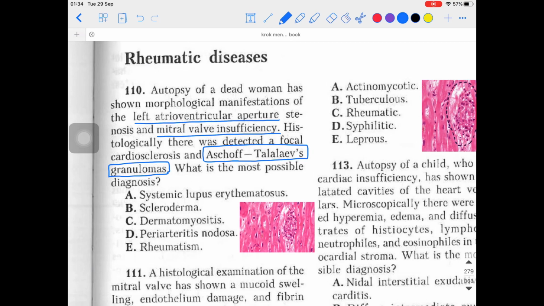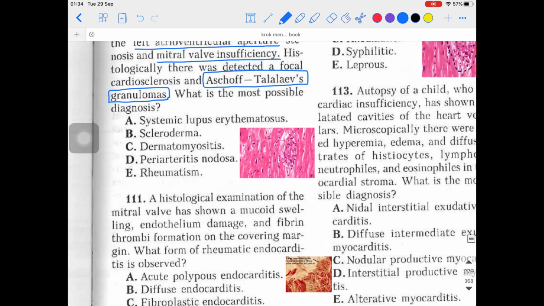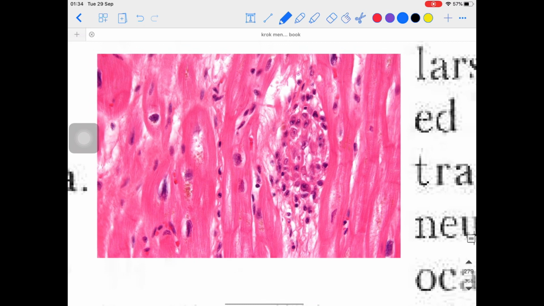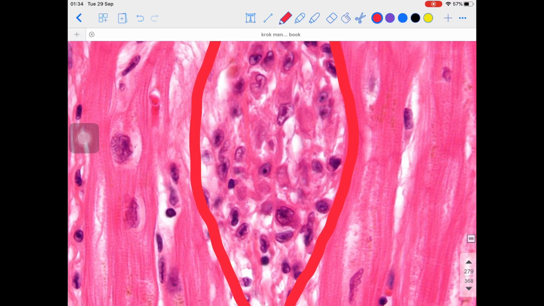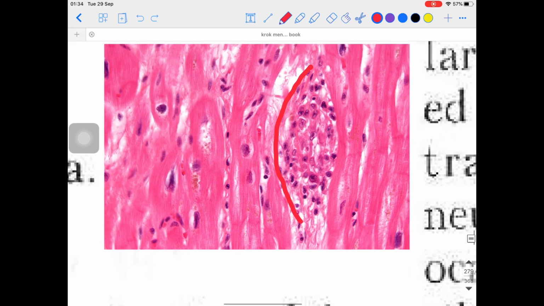Okay, so what are these Aschoff bodies, or what are the Aschoff granulomas? I have inserted an image for better explanation. Look over here, you can see easily that this one, which I am marking right now, is the finding of the Aschoff body. Inside them there are nuclei, which you might appreciate on further zooming. For example, this is one of the nuclei. These are separate nuclei over there, and inside them a specific kind of appearance might be seen, which I will show you in a few minutes.